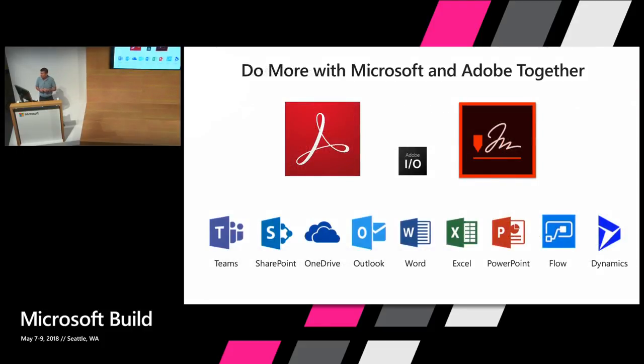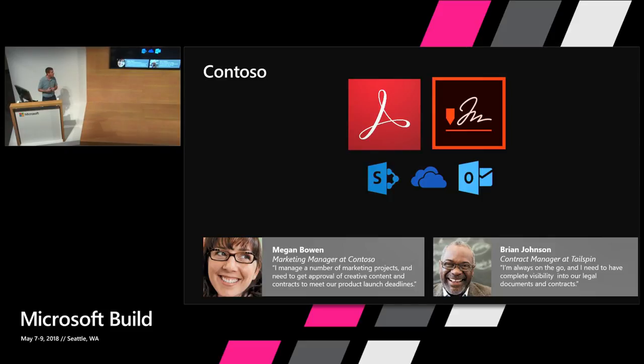Since our solutions span Microsoft most broadly, I thought it would make sense to try to tie these together in a scenario with our friends at Contoso. So at Contoso, we have a solution that spans Sign, Acrobat, PDF, SharePoint, OneDrive, and Outlook. And we have two actors here.